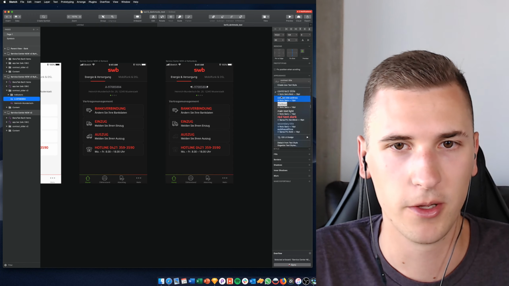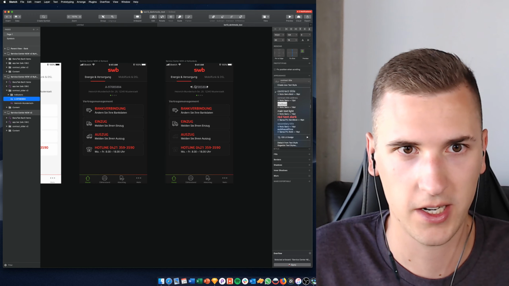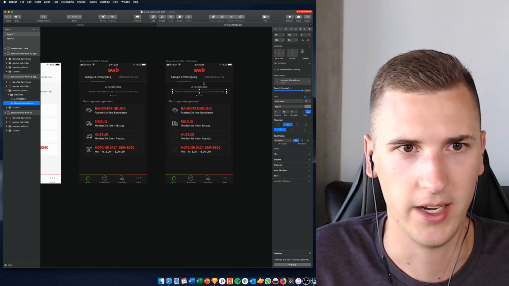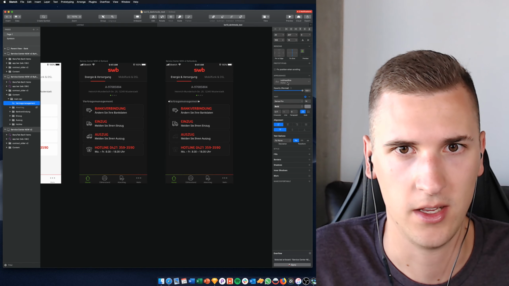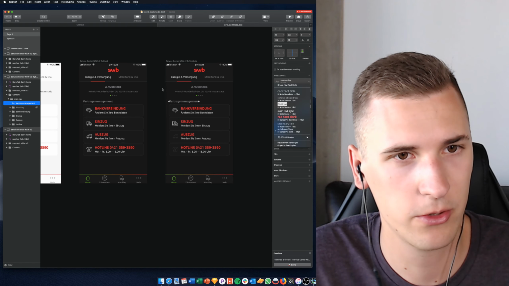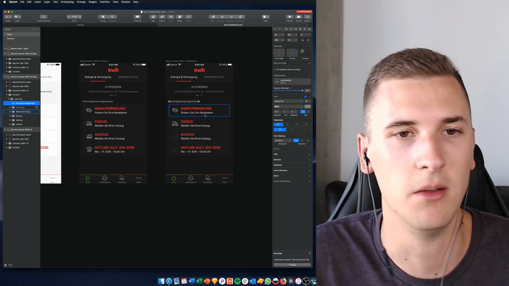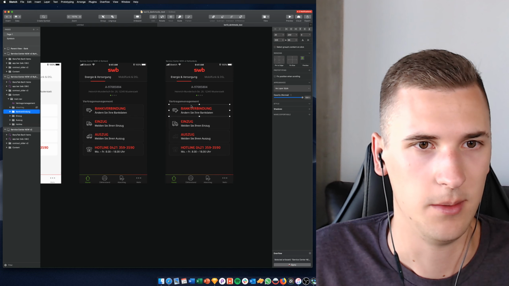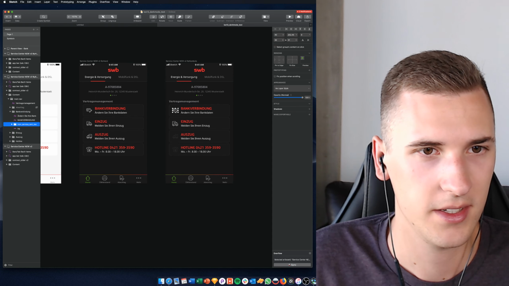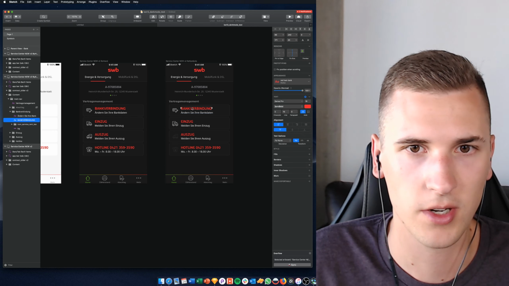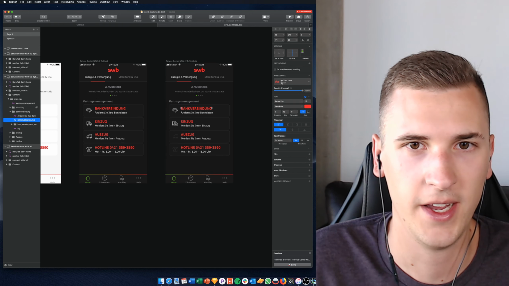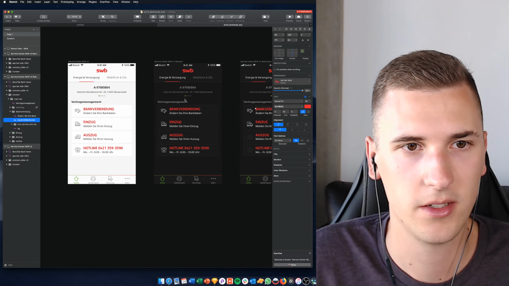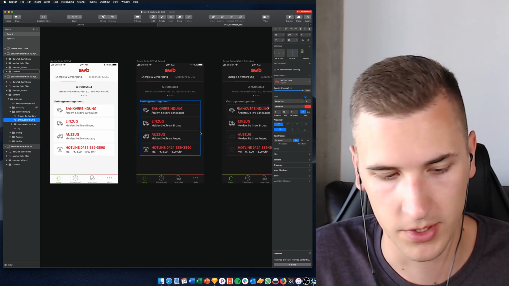And I created a couple of those. So we have a contract title right here, we have a contract title address, and we have a subheadline. I created a couple of text styles for all of those elements. And then we have those list elements, and those list elements are also again text styles. We have a red text dark,